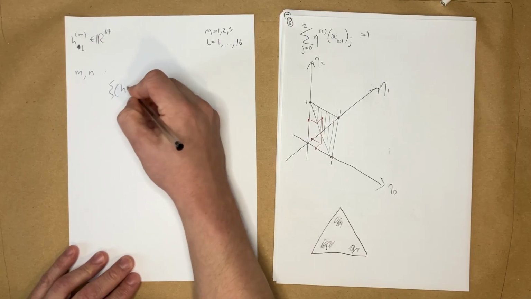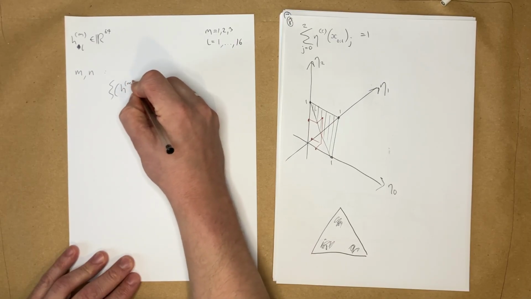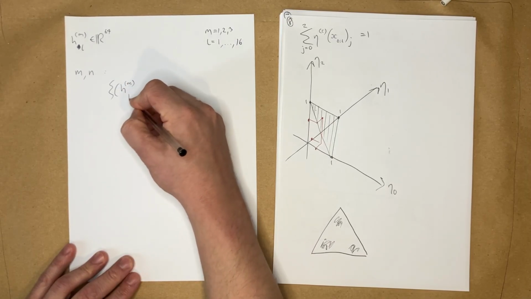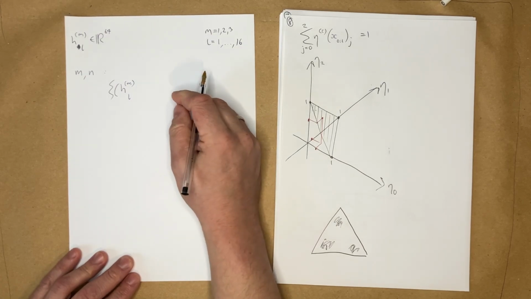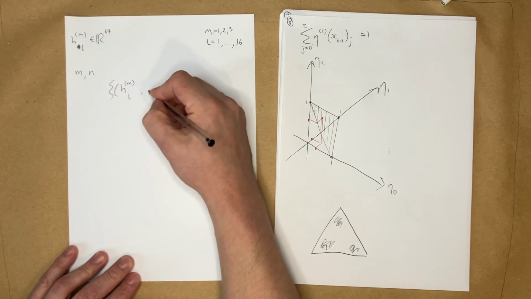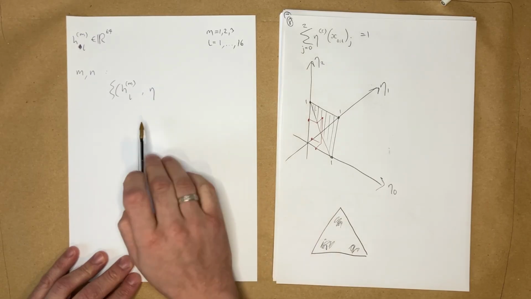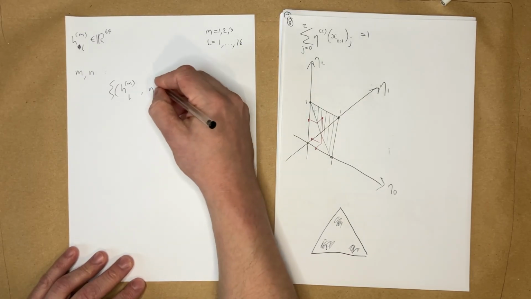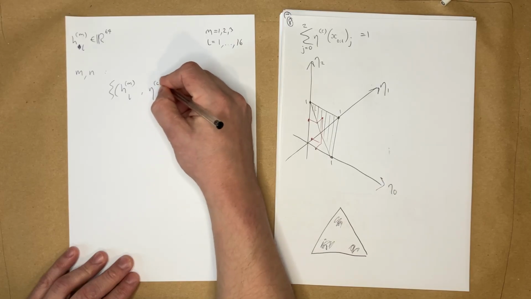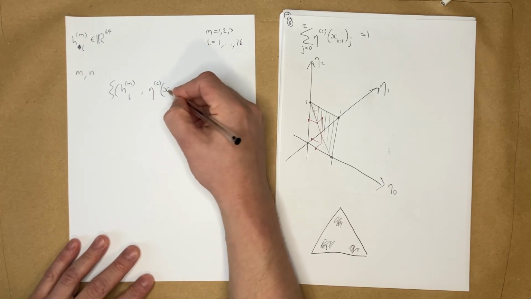So we have the activations at the mth layer and at the lth position, and the corresponding value, the actual sequence that was generated for the cth component